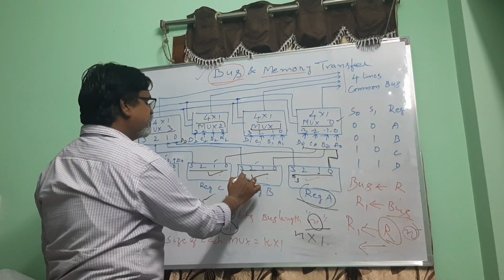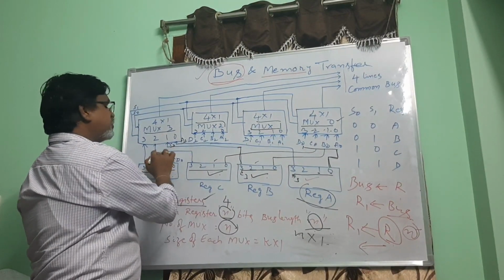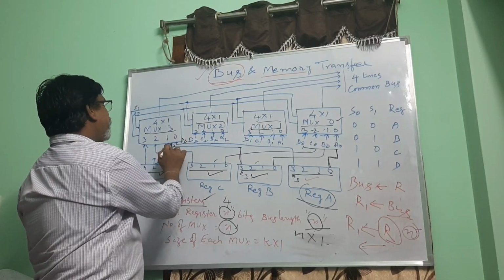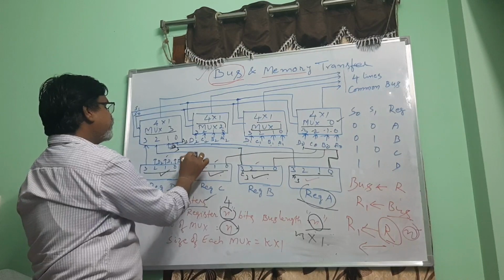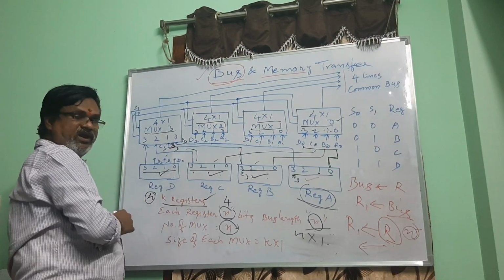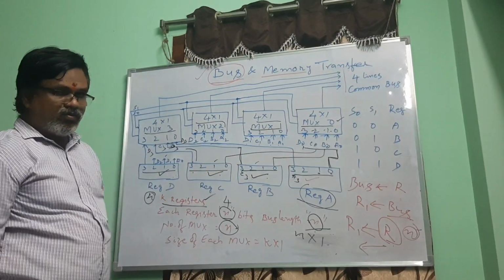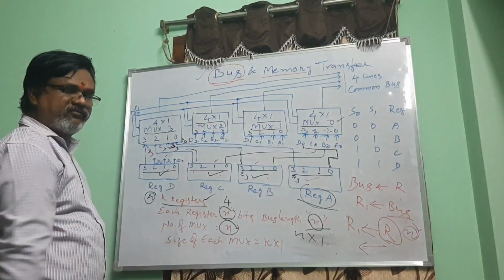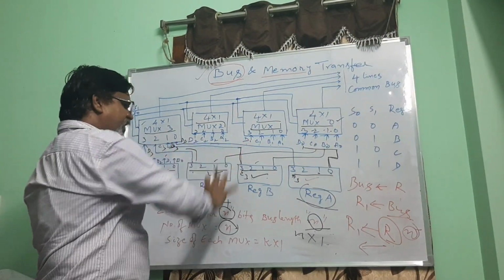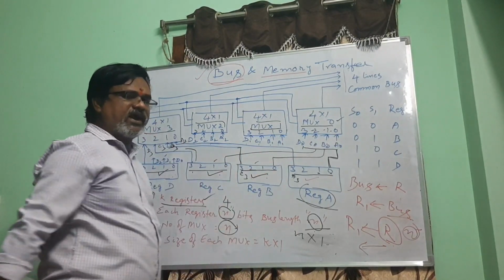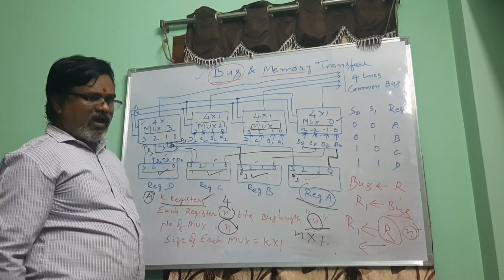Now here, this is C3, you just see C3. So this is, sorry, B3, it is B3. Now it is register C, C3. The C3 connection is this one, and this is D3. So all the most significant bits, the fourth bit of each register, are connected to the fourth multiplexer. Now the connection of each bit to each multiplexer is done.